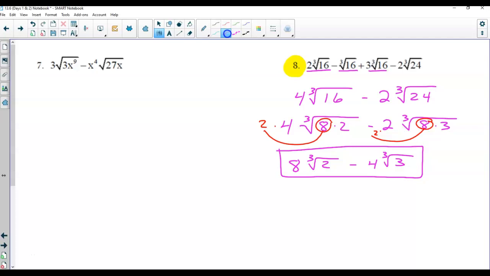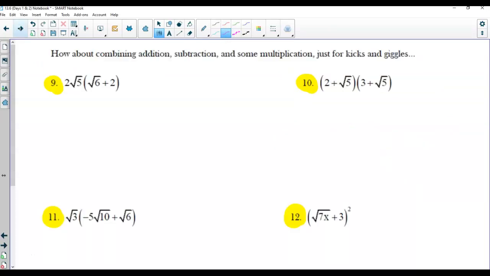So what are we going to do? We're going to move on here. How about combining addition and subtraction and some multiplication, just for some fun, because that's what we're about, having fun. Well, we know this is distributive property. And when I multiply, I take outie times outie is 2, square root. Any times any gives me 30, times, it's plus, outie times outie is 4, any times, really there's a square root of 1 sitting there, square